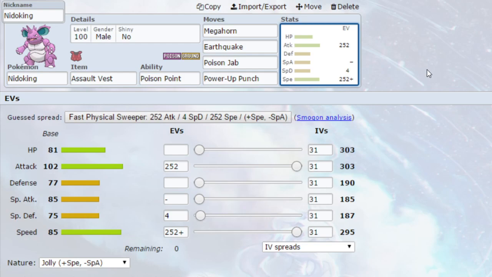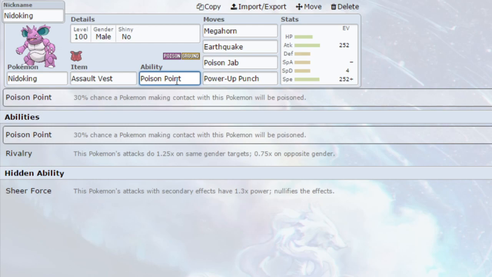Now, I love Power Up Punch. It is a transfer-only move, so we'd have to transfer a Nidoking already knowing Power Up Punch on there. But we've got Poison Point as our ability here. You could go for Shear Force if you wanted to, but that would mitigate the whole point of having the Power Up Punch on here. And its other ability is Rivalry, which, again, is a very risky ability to go for, because it's 1.25 on the same gender but 0.75 on the opposite gender. You don't know what gender the Pokemon is going to be that comes in,